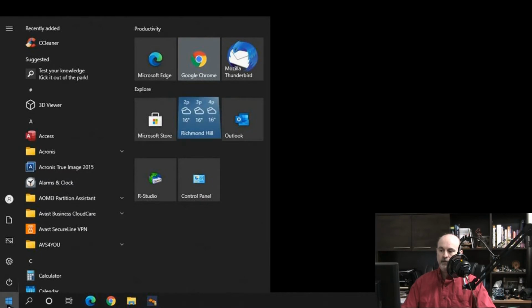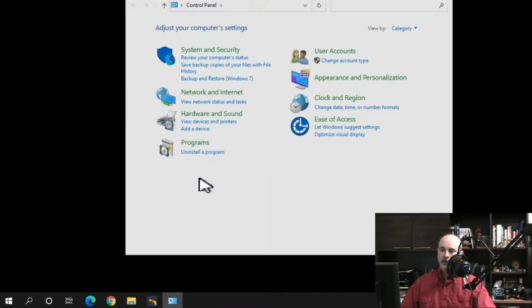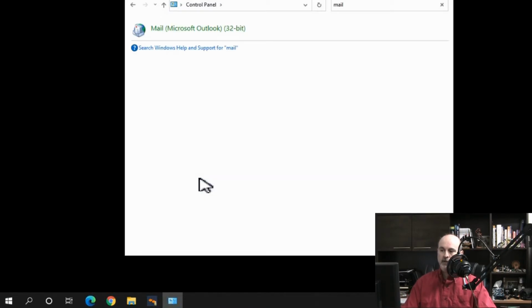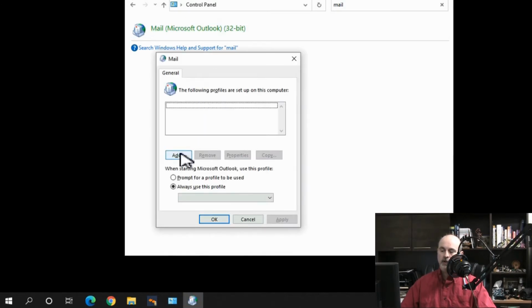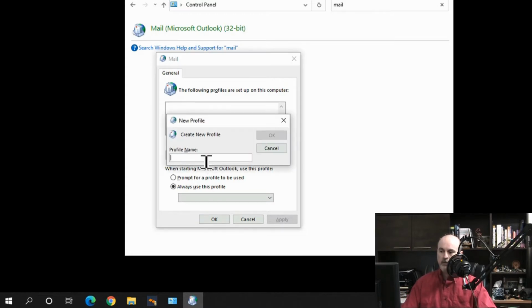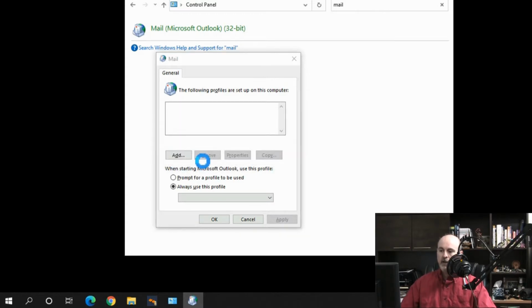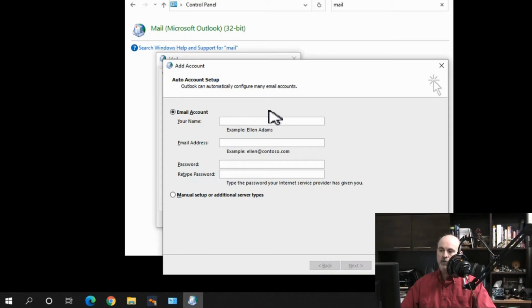So the old method is first we'd typically go into the control panel and do a search for mail. You could just open Outlook and it'll do the same, prompting you here, but I like to go through this method here, and it gets you to this similar prompt anyway, or the newer fancy look, which you'll see a bit later.